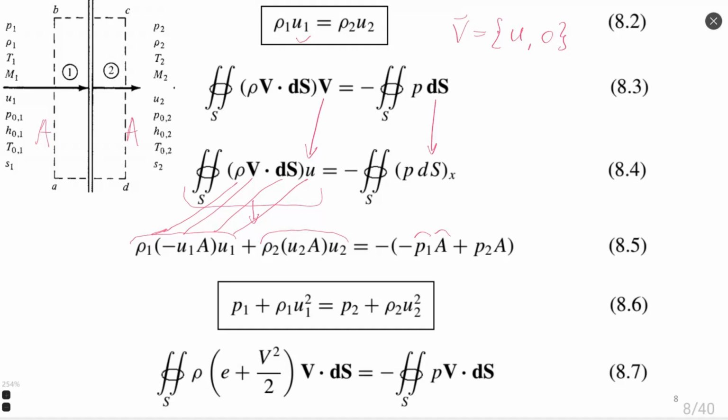Now, just rearranging equation 8.5 and simplifying it by canceling, for example, the area because it is present in all terms of equation 5, and rearranging, the parameters on the left side are inlet parameters on station 1, and on the right side are parameters at the exit. We are starting to obtain the simple algebraic form of a momentum equation, for the one-dimensional case, because our velocity has just one